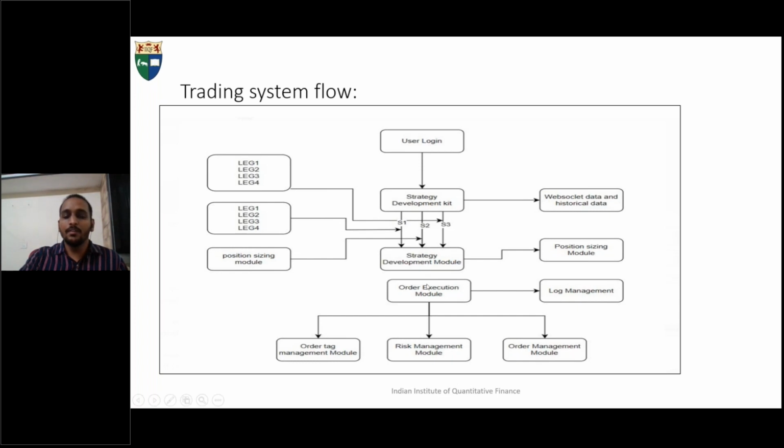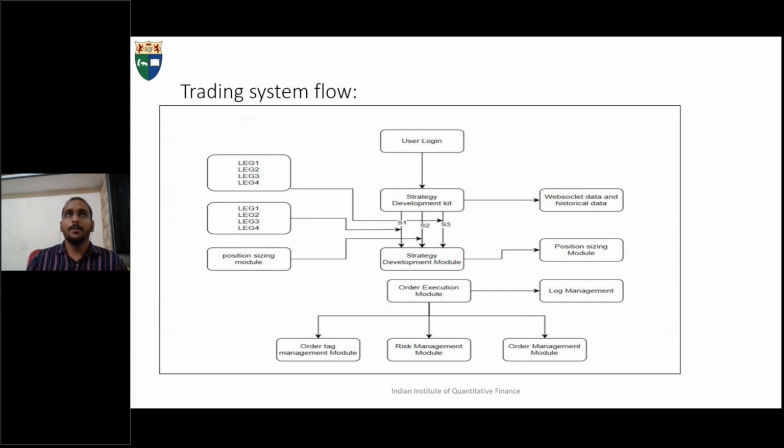We also will be having an order execution module. The order execution module will consist of all activity which a trader does manually. For example, a trader places an order, a trader modifies an order, a trader cancels an order. All this activity will be automated using the broker's API, and parallelly we will also be logging our overall logs,